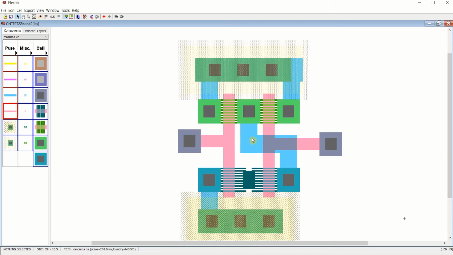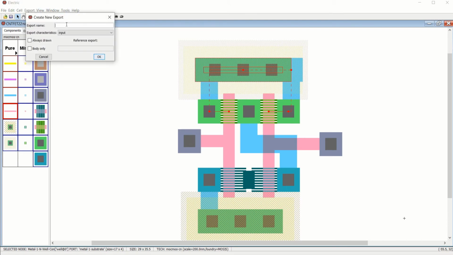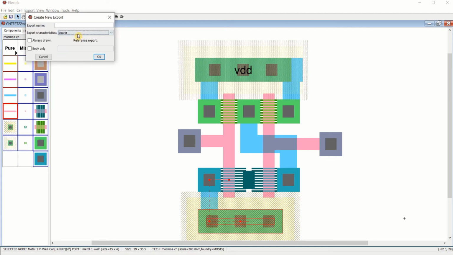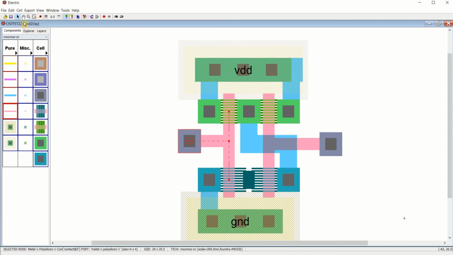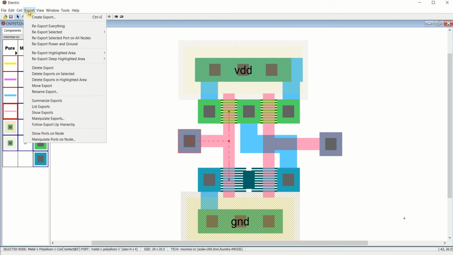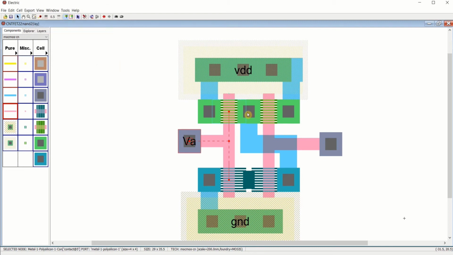Now just export the names. This one with the VDD because we have the power source in the schematic. Name this as power VDD and this will export it to ground by specifying the characteristics G and D. This one, export that to VA, which is an input.